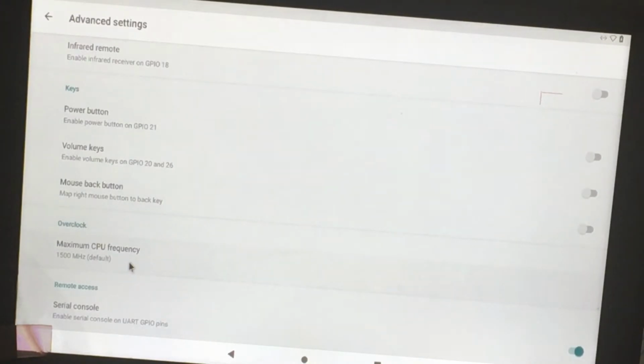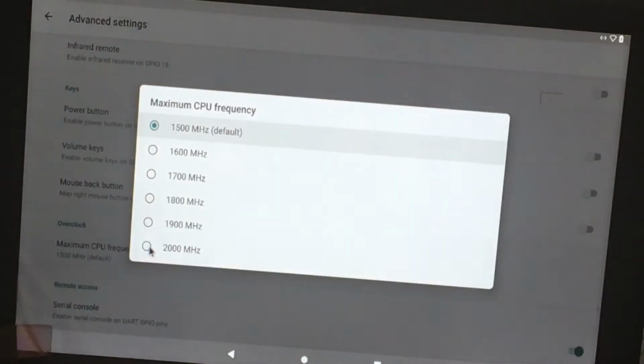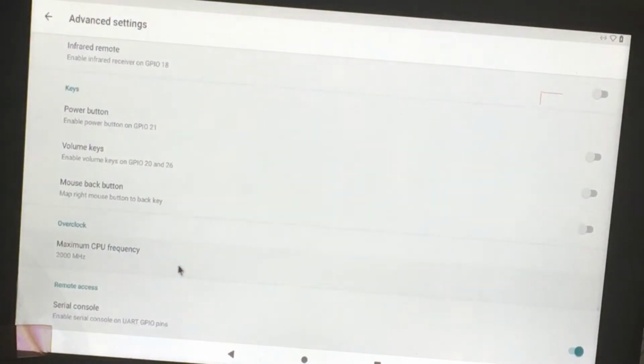Okay, so that means I was correct. By overclocking using the config.txt, it didn't really do the job because it's still at 1500. So there was no increase on the speed. So I'm going to click on here and I'm going to select 2000 megahertz instead of 1500. So now it is running 2000. So let's go ahead and reboot it and see if the setting's still there, and